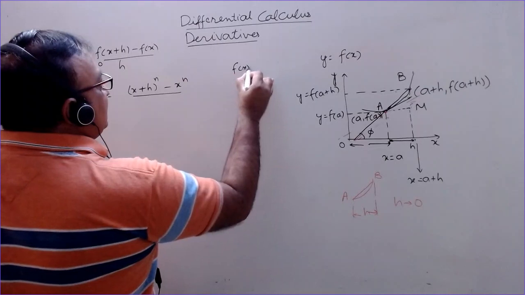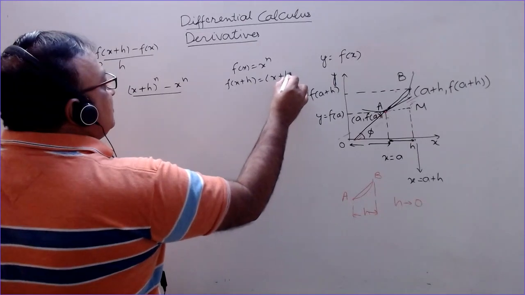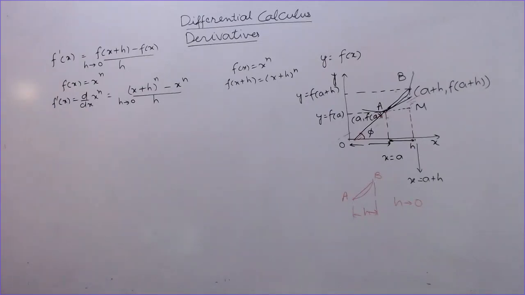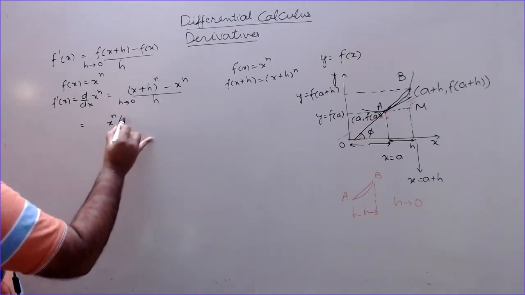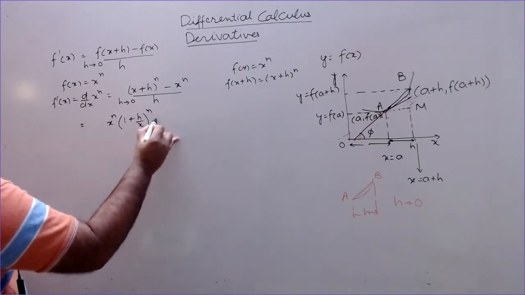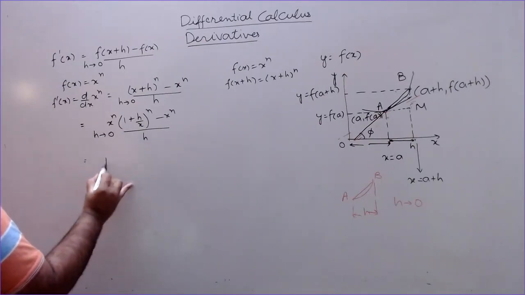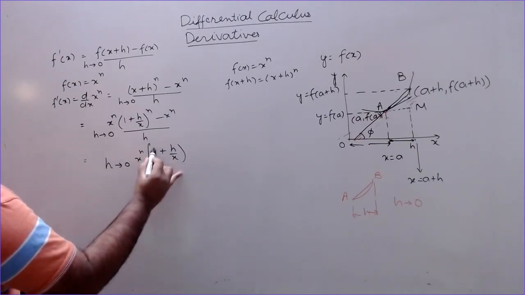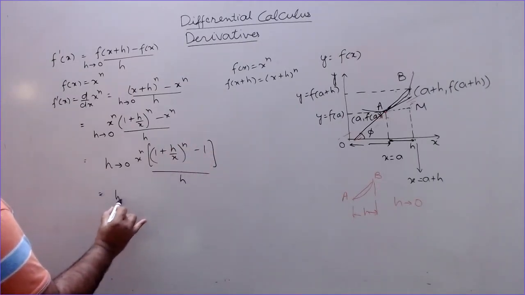Here f(x) is x to the power n, and f(x+h) is (x+h) raised to the power n, divided by h. h is very small. We can solve this using the binomial theorem, taking x common: x^n times (1 plus h/x)^n minus x^n, divided by h, with the limit h tending towards 0. Taking x^n common, divided by h. Now you know from the binomial theorem,